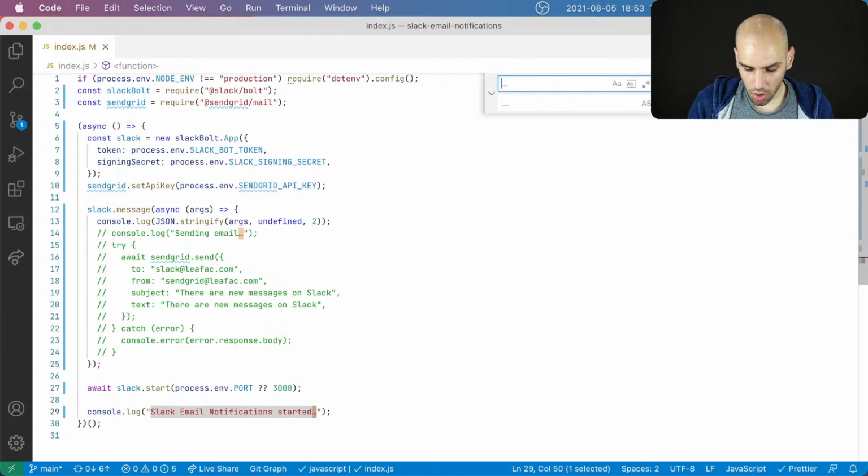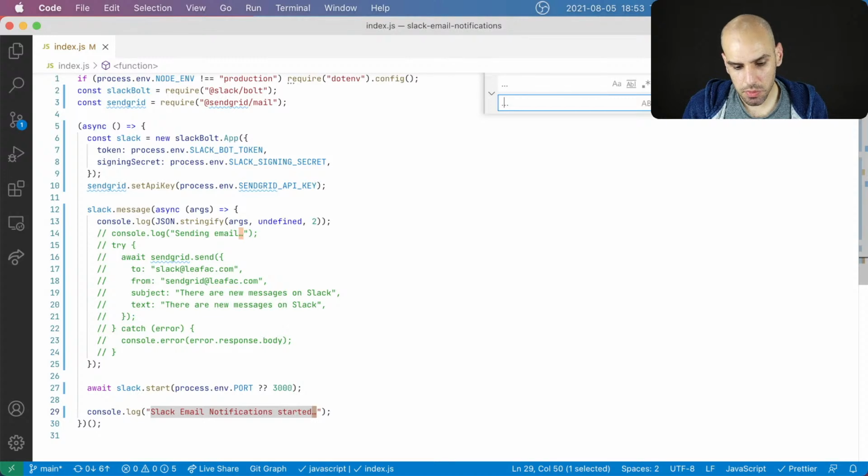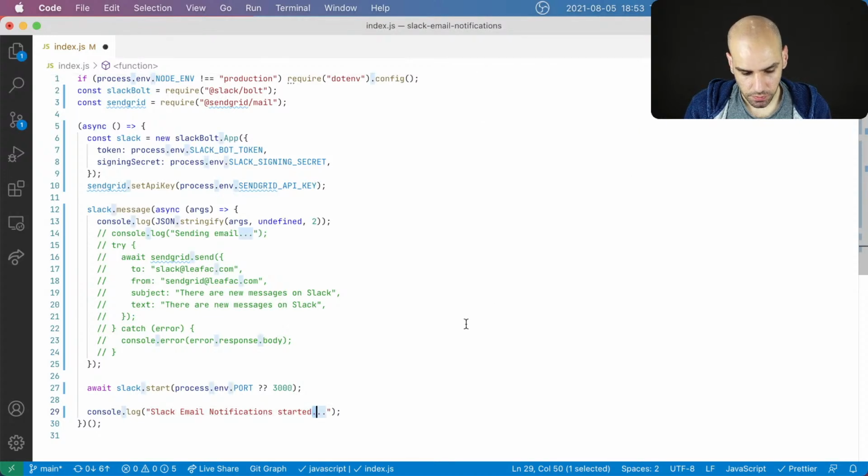I hit Option semicolon to type in a real ellipsis, which makes sense in proportional fonts, but since this is a monospaced font, I think it makes more sense to have 3 actual dots in there. You can also see the difference when I replaced, it became 3 characters. So Slack email notifications started, and then we'll listen for messages and log whatever comes in.